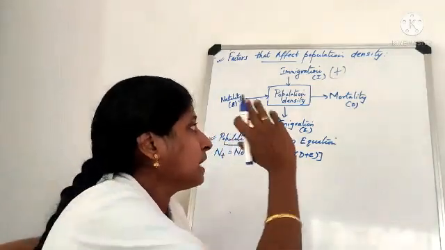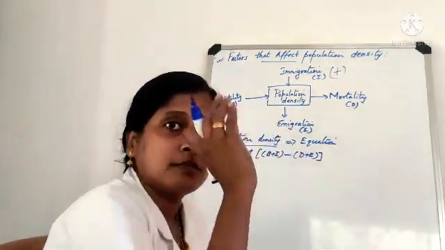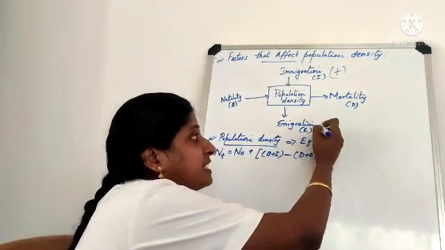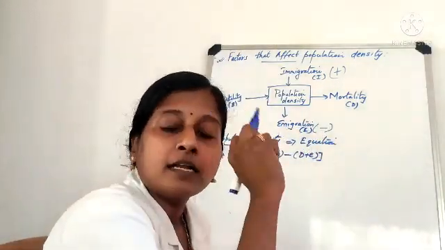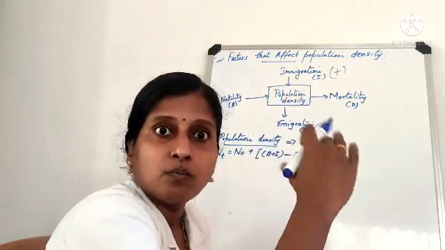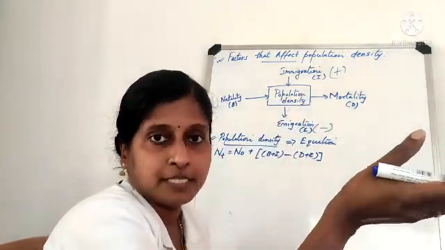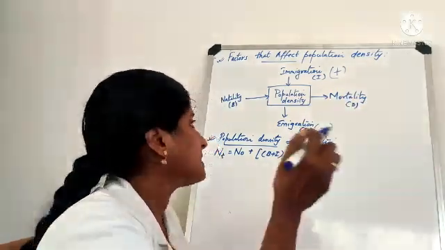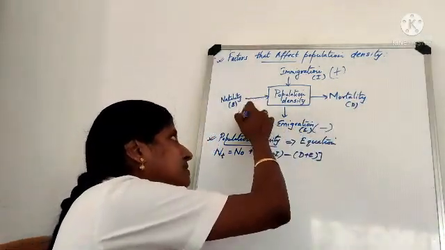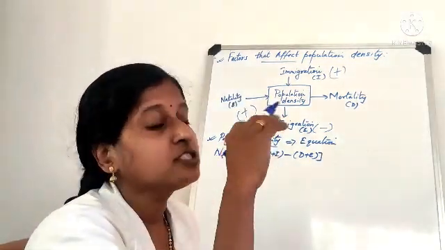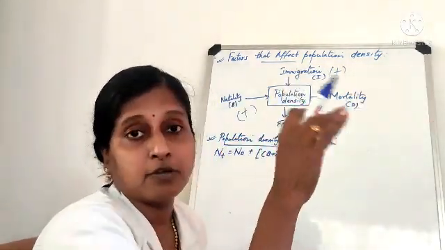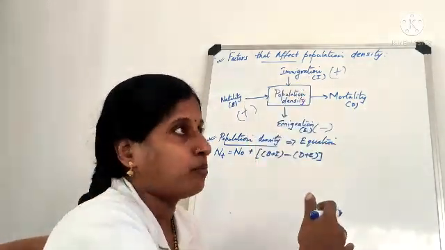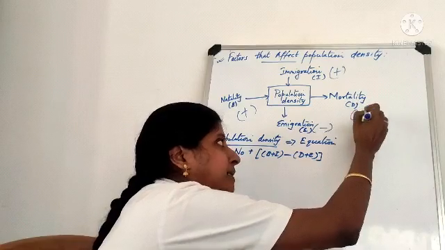The other one is what? Emigration. Someone is moving from our country to some other place. So obviously population will decrease, isn't it? And another one is what? Natality. Someone is giving birth to someone, isn't it? So obviously the population will increase, so natality is plus, okay? And mortality, which is someone has died in that particular area. So obviously death will result in decrease in population, isn't it? So it will be minus.